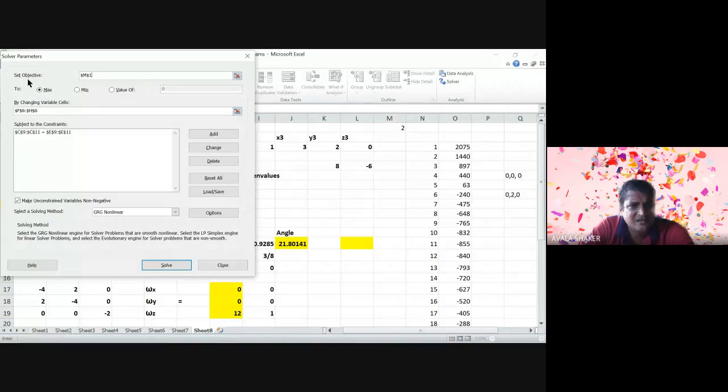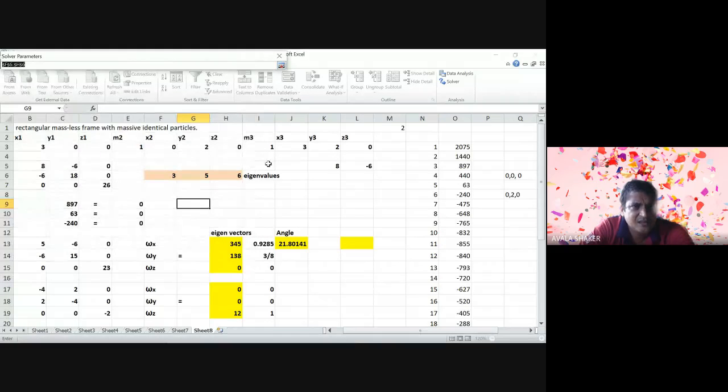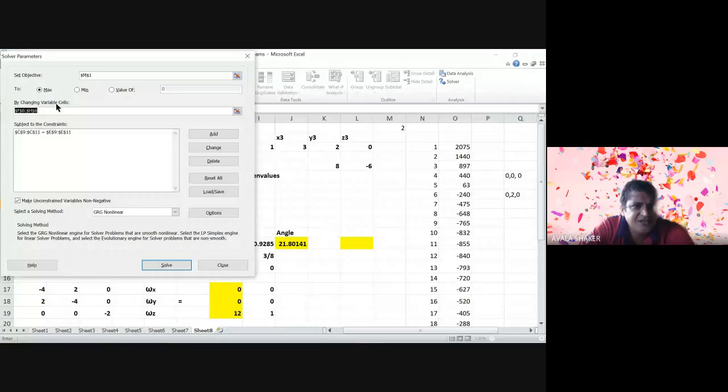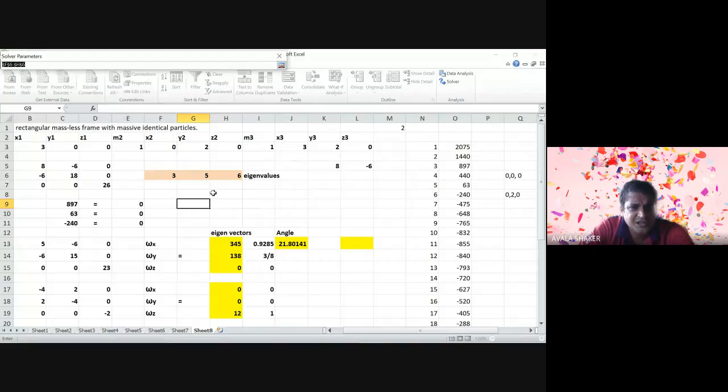So what you do is set objective some random cell, you can set it. Okay, sometimes it will say it should be a function, then just put equal to some value, whatever it is, and maximum. So this part of it is not anywhere concerned in the problem. Okay, now the actual problem solving part comes here. Okay, so what is that we have to change? By changing variable cells, we are interested in changing these cells which we have taken as random. Okay,